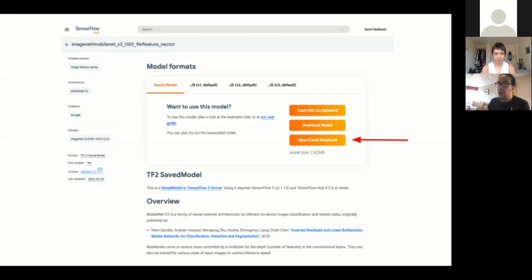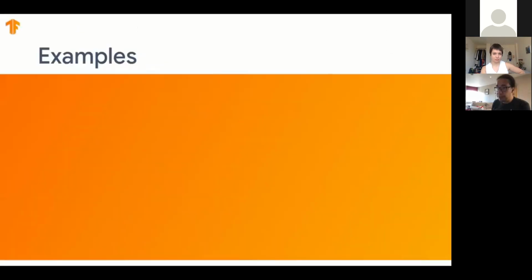Of course, all the description of inputs and outputs and everything depends on the publisher. The publisher has to have the will to write all this information. We try to talk to them as much as possible whenever they're publishing, to say, hey, maybe you should add a section explaining A, B, and C. And most of them do, because it's in everyone's interest to make the model as easy to access as possible. So let's see some examples of how you would use TF Hub in your flow.